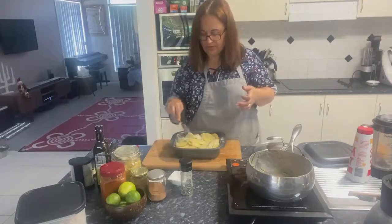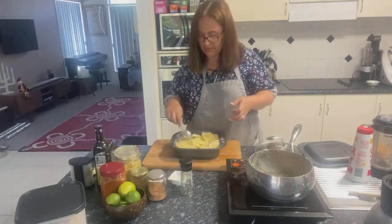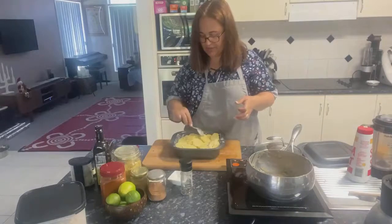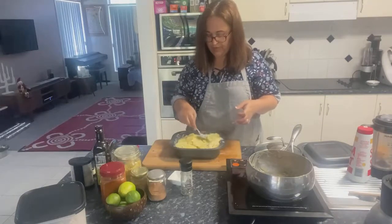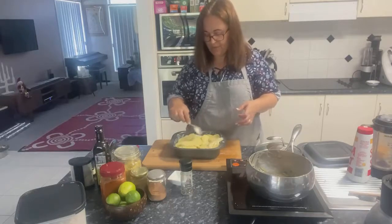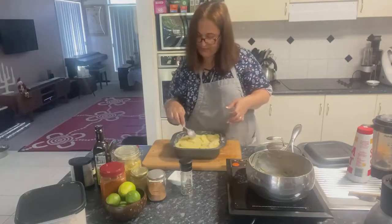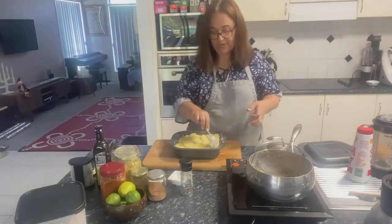All right, so you just flatten it up as much as you like. With potato bake, I don't mind too much. Like, it's going to be uneven. Now, if you want to, you can stick a bit of vegan cheese on top. I actually don't want to. What I am going to do though is, and this gives it a really nice look and also a nice flavour,